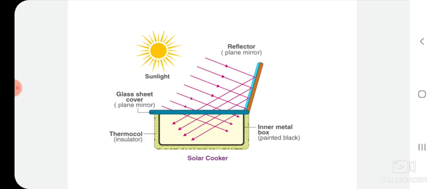The blackened metal surface in the wooden box absorbs the infrared radiation from the beam of sunlight and heat is produced, which raises the temperature of the blackened metal surface up to 100 degrees Celsius. In this way, the solar cooker can work, and the food absorbs that heat from the black surface and gets cooked. The thick glass sheet does not allow the heat